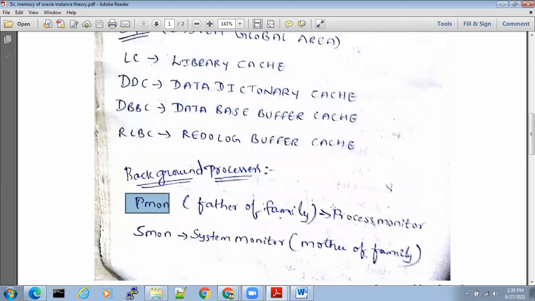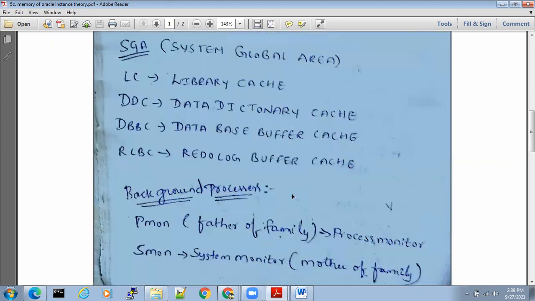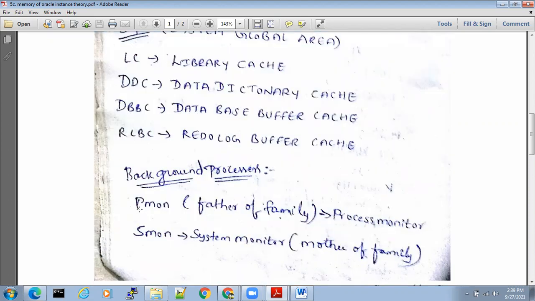PMON. What will it do? It is like a process monitor, which is like a father of a family. In interviews, if somebody asks what is PMON, don't say father of the family. If somebody asks SMON, don't say mother of the family. Just for your understanding. PMON is like a father of a family, meaning it will monitor the process.